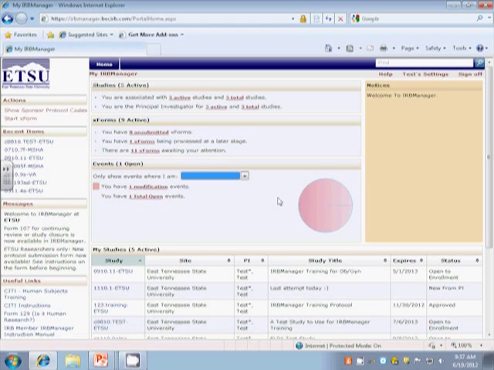And all of your notifications are going to be sent to your email once you are a user of the system. So make sure that the email that we have in IRB Manager is the one that you will check, the one that's easiest to communicate with you. And for passwords, for ETSU employees and students, you can use the password that you use to sign on to your ETSU